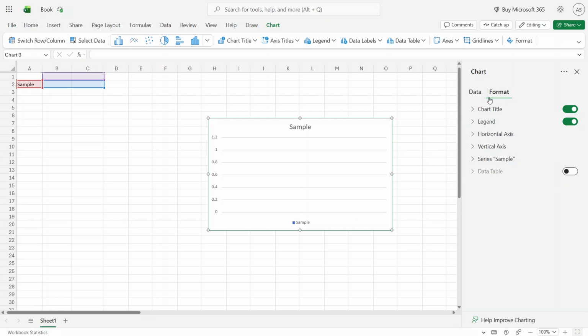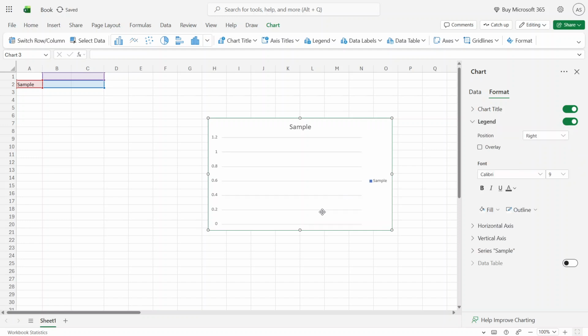In that panel, switch to the Format tab so you can access the chart display options. Under the Format tab, look for the Legend option. Next to it, you'll see a toggle. Turn that toggle on to add the legend to your graph. As soon as it's enabled, the legend will appear on the chart, making it easier to understand the different data